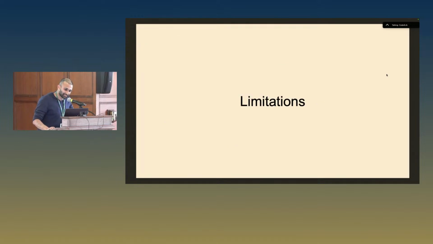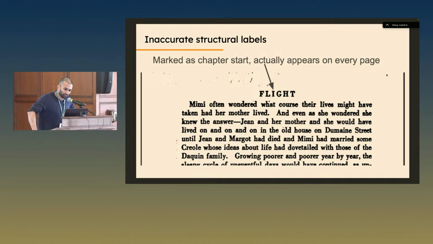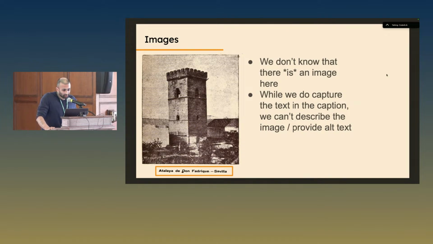There are some limitations to this. A small one, but somewhat annoying, is a lot of times these chapter labels are just inferred by the OCR process. They're not very smart, so we get a lot of inaccurate chapter headings. In this example, this header appears on every page in the book, and that's not a very useful heading for navigation. The bigger issue, which we don't really have a solution for at the moment, is that a lot of these works, which we envision being used as research materials, contain a lot of images, figures, stuff like that, charts,